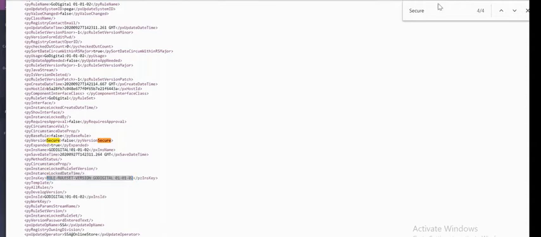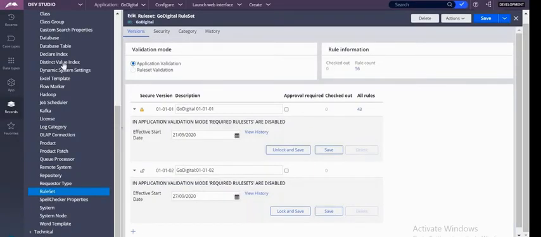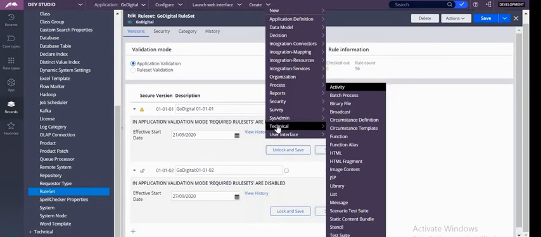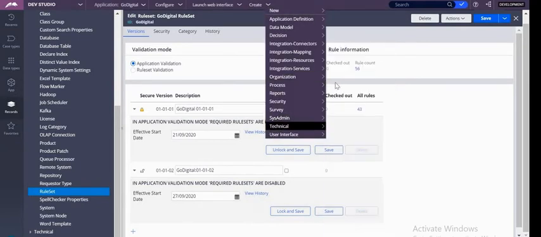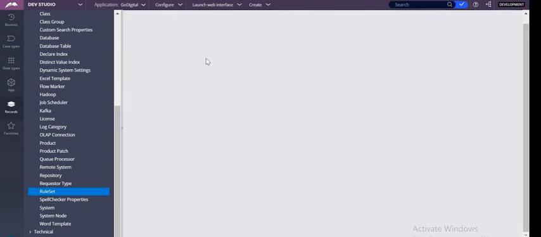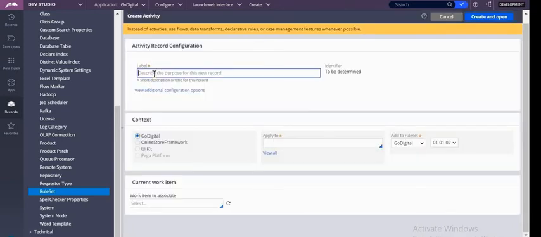So what do you do now? Activity. So how to create an activity? Go to create, technical, activity. The purpose of this activity is to unlock the locked rule set version.